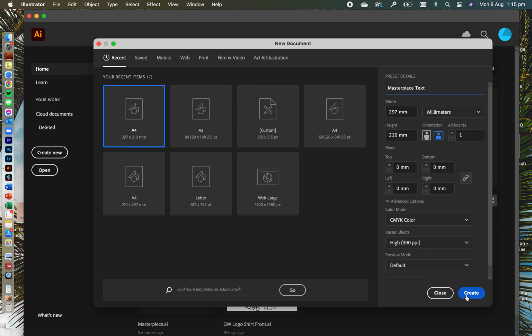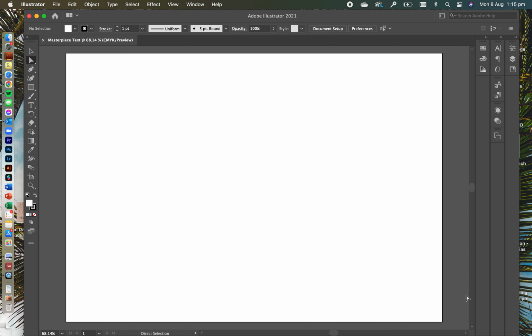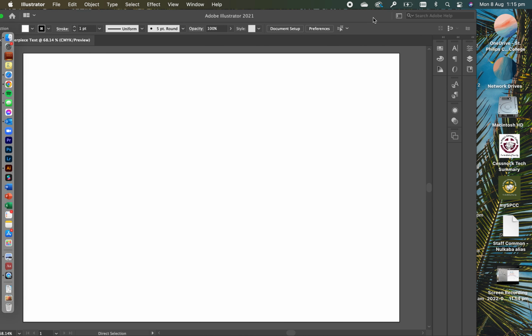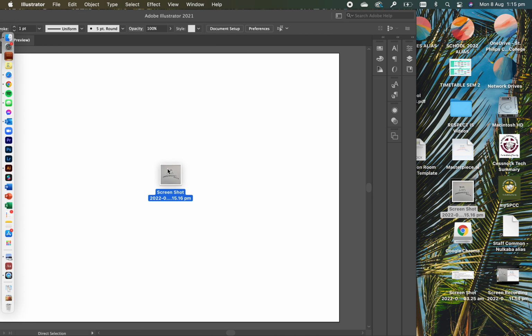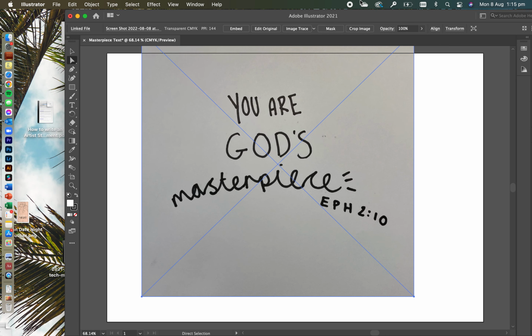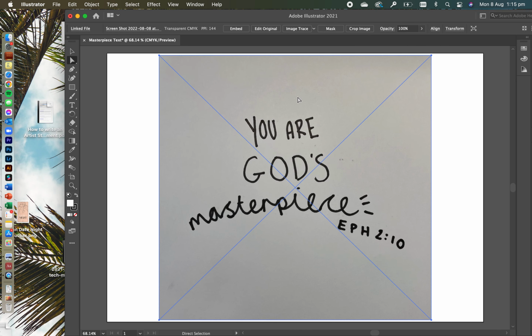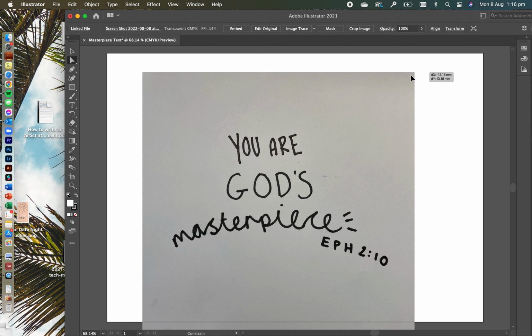Now keep in mind, I've done text, but with yours you can do text, you can do drawings, all sorts of things, and you can layer them together. Anyway, we have our board open. All you need to do is simply find your screenshot and drag and drop it onto your canvas. Move it around to where you like. If you need to resize it, make sure you hold down the shift key so it keeps